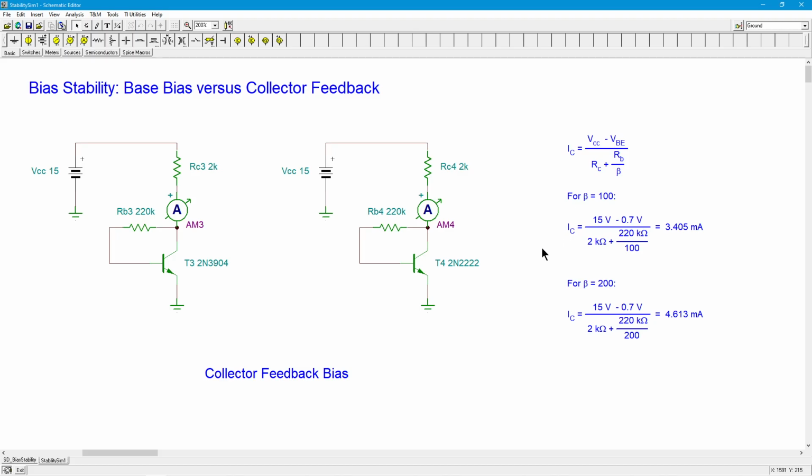All right, let's run it. So let's say you're in the lab and you're trying to investigate this on your own. Now, this would be a good lab experiment. There are some experiments that follow this in the lab manual that accompanies the text, where I have you get 3 transistors, right? 3 of the same. Go to your transistor bin in the lab and grab 3 2N3904 transistors,